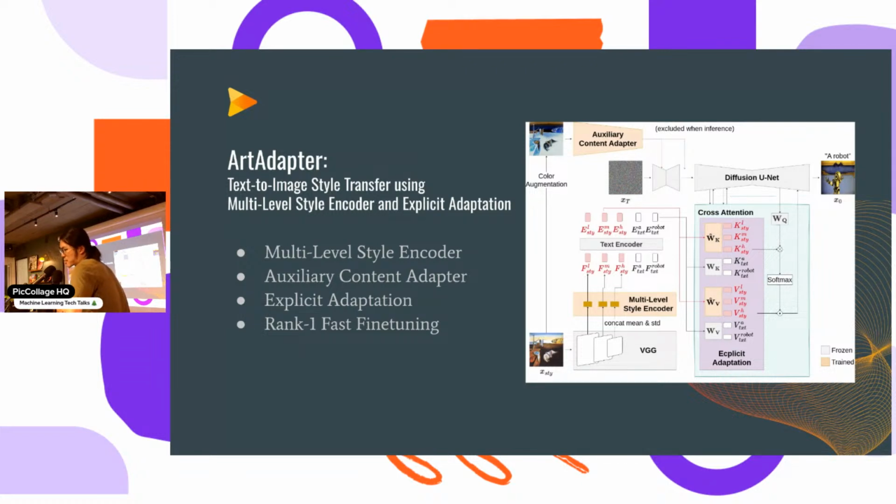Yeah. So after that, as usual, we use cross attention to condition on the style embeddings, and very specifically, we apply adaptation, but we only apply adaptation on the style entries. It means that, as we can see here, only the projection of the style embedding is trainable, while the projections of the other entries, like the text "a robot," are frozen.